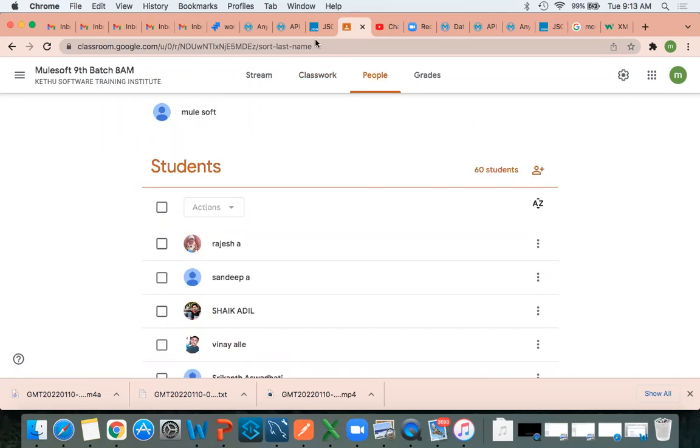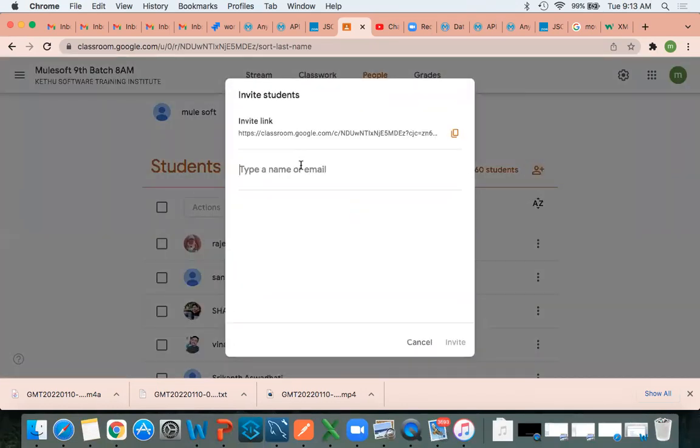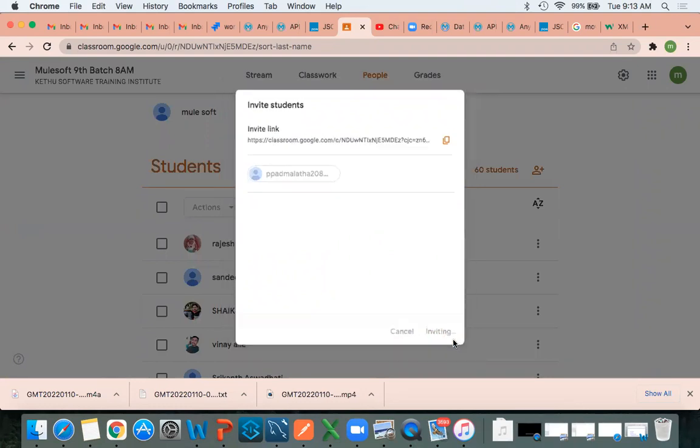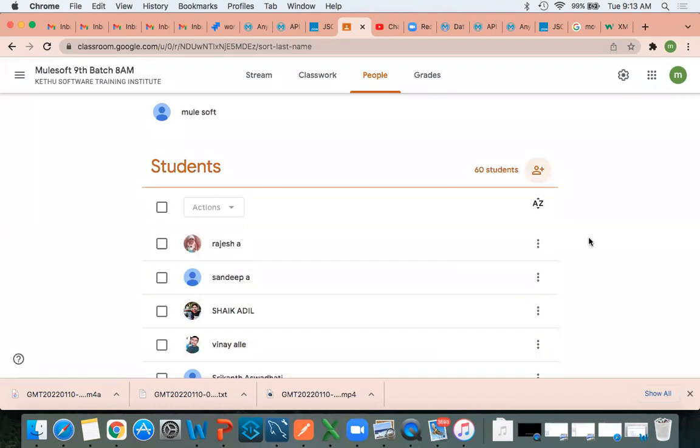I think you created this one separately. Last time you told us there are 4 or 5 people with access. See, Padma, you posted, right? If I click on this invite, okay, you can access now. Just check it, sir.